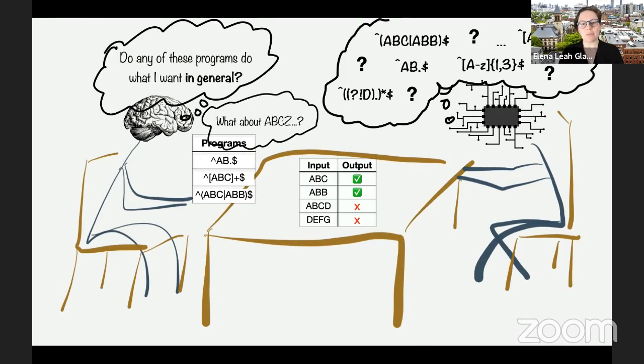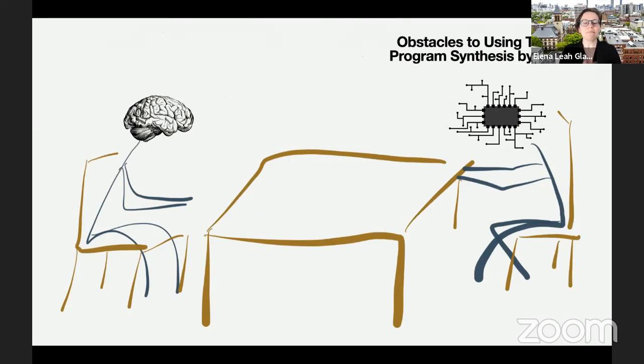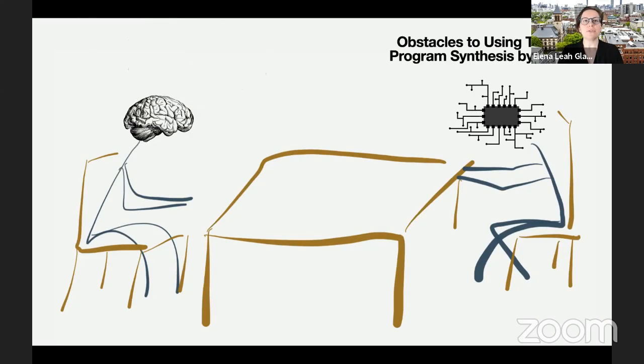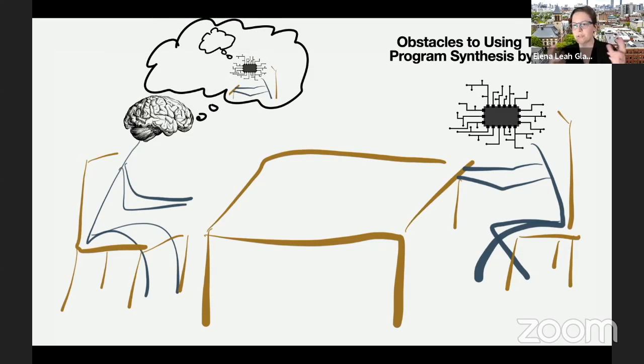But of course, it's difficult. Let's look at the obstacles to each of these steps. It's not an easy task for the human to pick examples that help their non-human collaborator guess the right program. There are a lot of reasons, because the computer is not another human whose thought process we can imagine, with a shared context we can assume. So the mental modeling I do with other humans to make rational speech acts is going to fail here, unless I have some information about how the system is working.